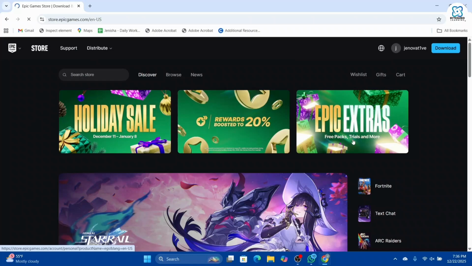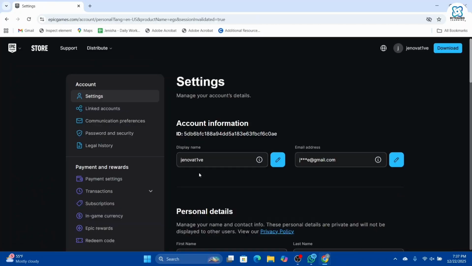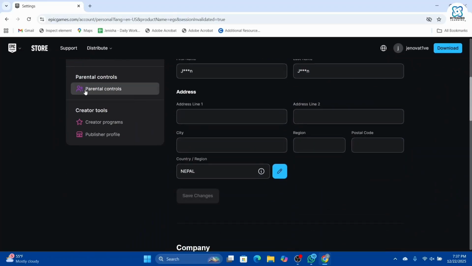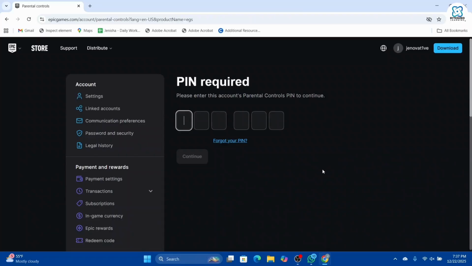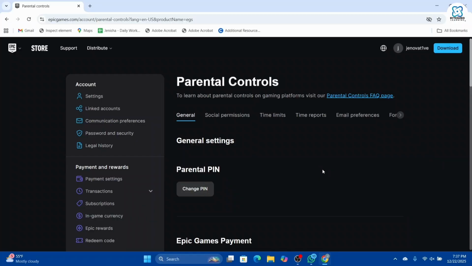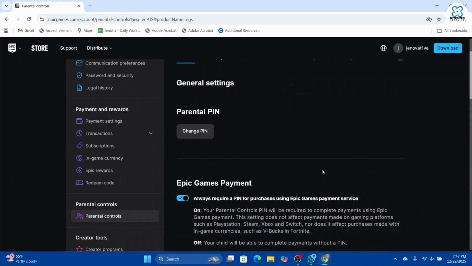And once you go to your account, you can go to parental controls directly from there. So once you reach your settings on your left hand side menu, you can scroll down, find the parental controls and click on it. And in order to continue, you need to start by entering the PIN. You can do so, and once you enter the 6-digit PIN,